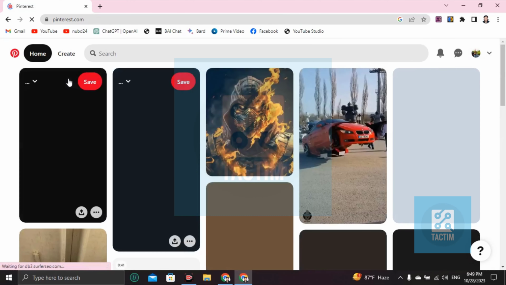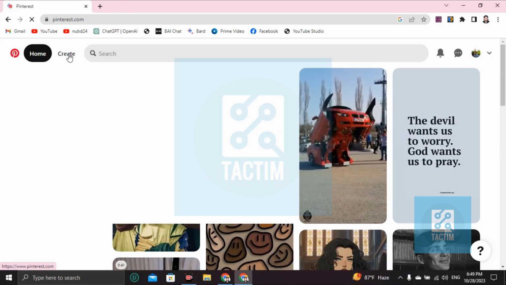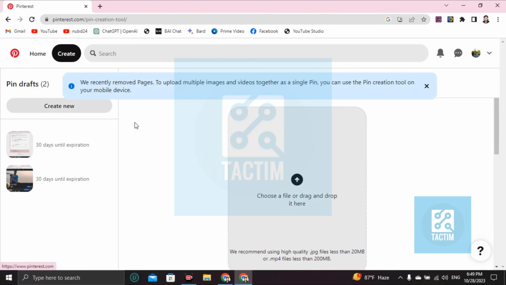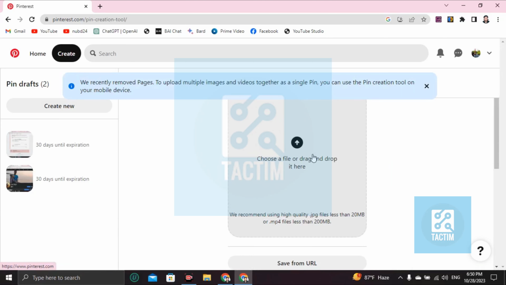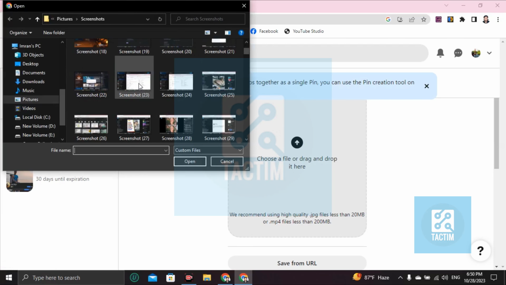Then you have to click on this create option. Click on create. Now all you have to do is click on this choose file or drag and drop it down here. Click on this arrow sign. Choose a file from your computer or a picture,